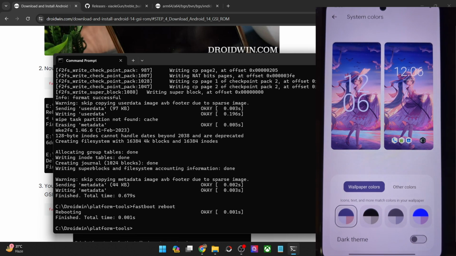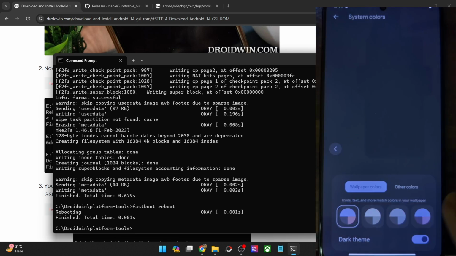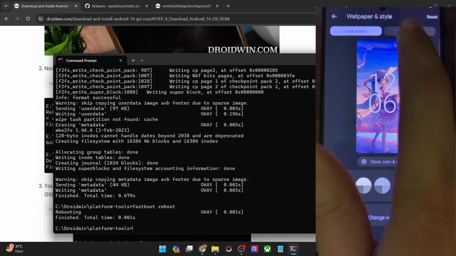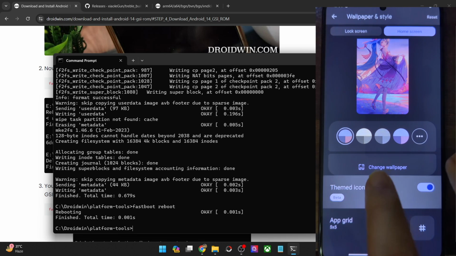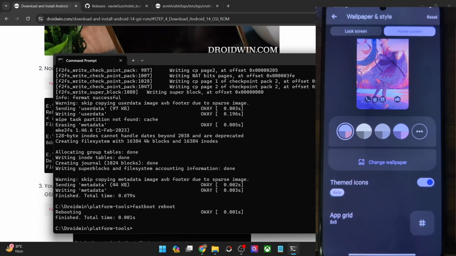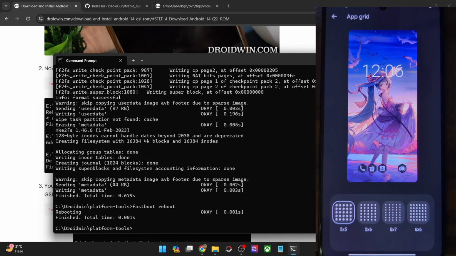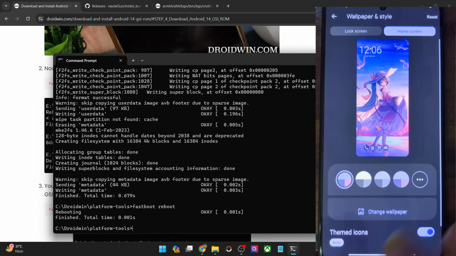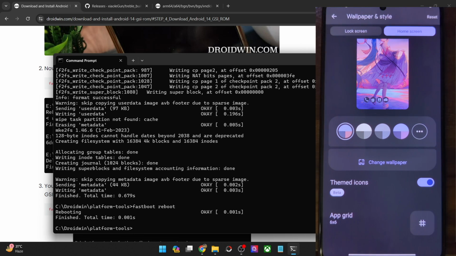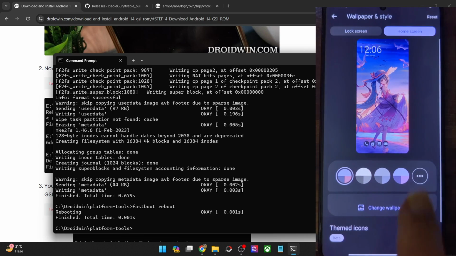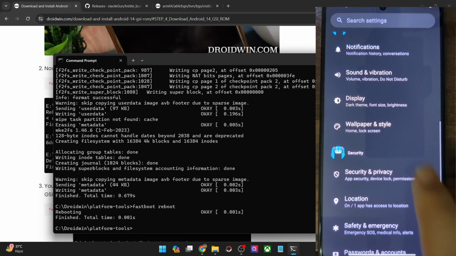Likewise, you have the option to enable dark theme, and this is the dark theme. Apart from that, you may go to the home screen and enable the themed icon, and as you could see, it has been implemented. You may change the app grid as well up to 6x6. It's quite great to see. And so my initial impression is that it's one of those GSI ROMs which has quite a lot of customizations. I have flashed quite a lot of GSI ROMs, but I guess this one has the maximum number of customizations till date. We usually don't see this many options to customize.